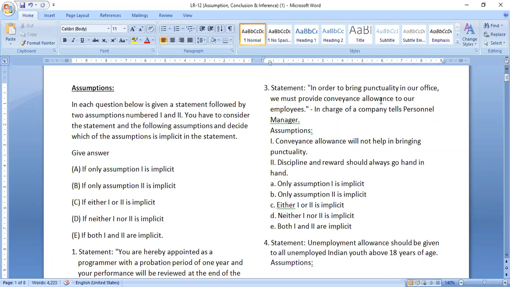So that's the assumption. Discipline and reward should go hand in hand. So it's just to bring punctuality in our office, we must provide conveyance allowance to our employees. So if you want discipline, you must provide commensurate reward, right? So I think two alone is implicit. So option B is okay,